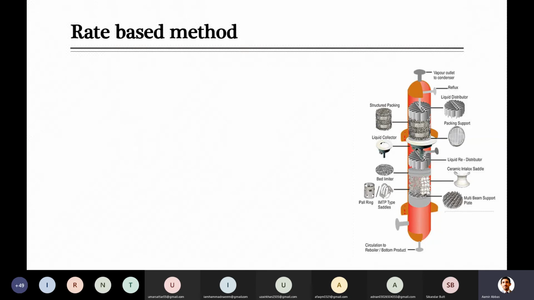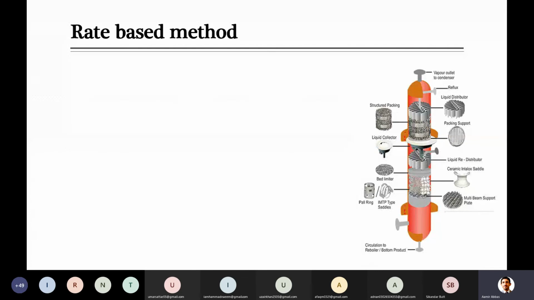Later on, we also talked about the conditions in which you actually go for a packed tower. Packed towers are used in some situations. For example, if there are corrosive fluids or corrosive gases involved in your system, the liquid and gas which are coming in contact, because tray towers are made up of all metallic material, that will cause corrosion to the metallic material, and the body of the column will be damaged, or you have to replace it, or you can't sustain that.